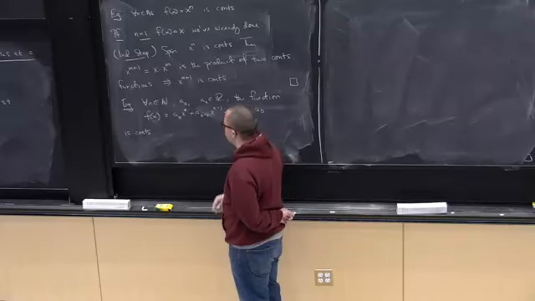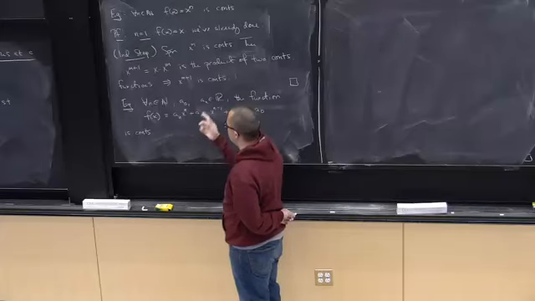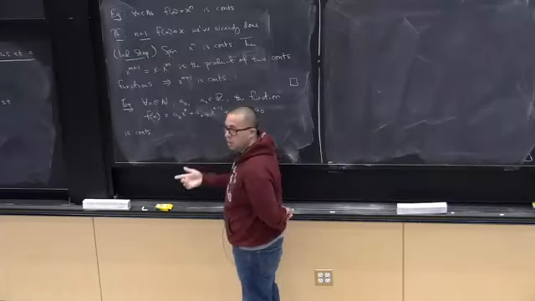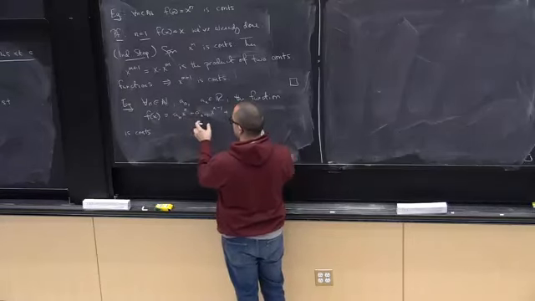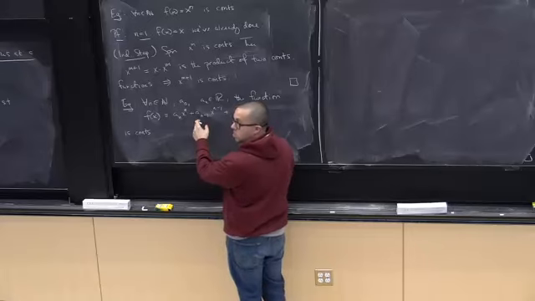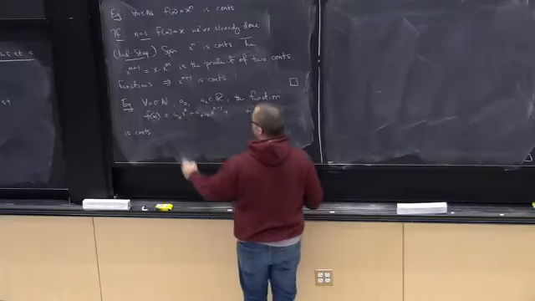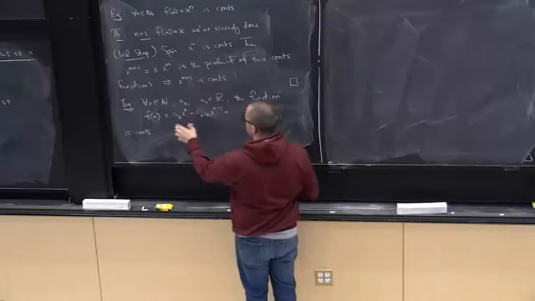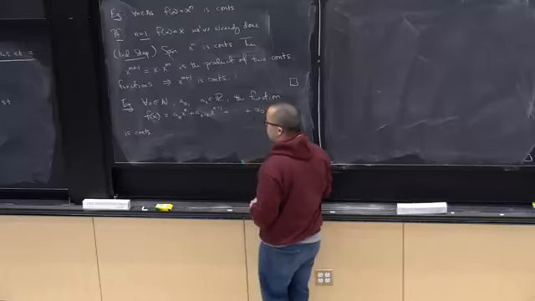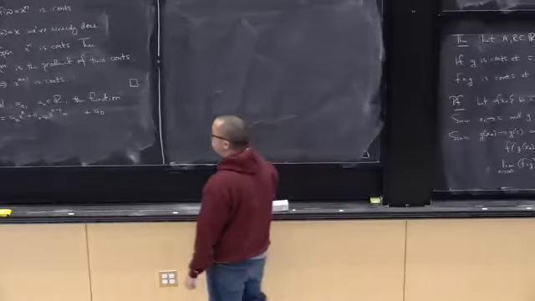Now, let's assume this for n equals m, and look at a function with n equals m plus 1. That's going to be a sub m plus 1 times x to the m plus 1 plus a lower order polynomial, which we already know is continuous. And a sub m plus 1 times x to the m plus 1 is continuous because it's the product of a constant and a continuous function by the previous example. So that would be continuous plus the lower order polynomial, which is continuous by assumption. That will be continuous by the theorem that we proved.